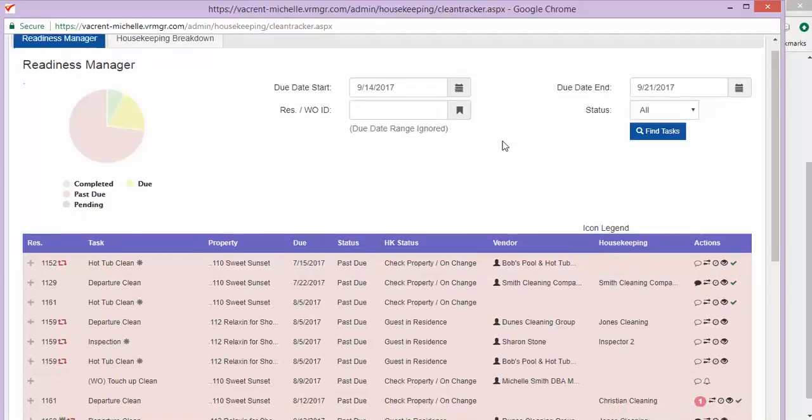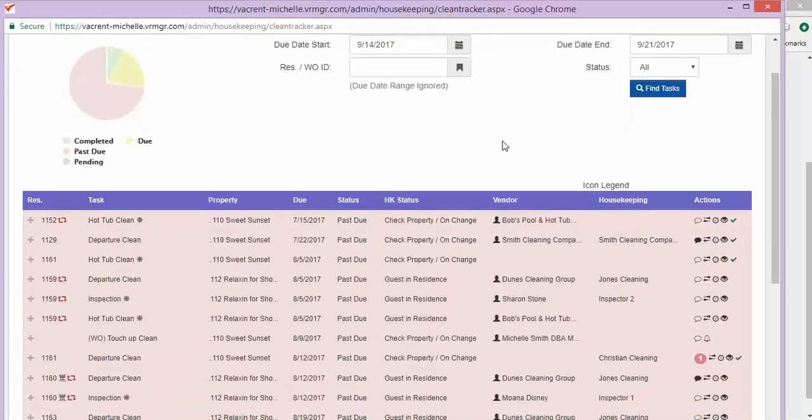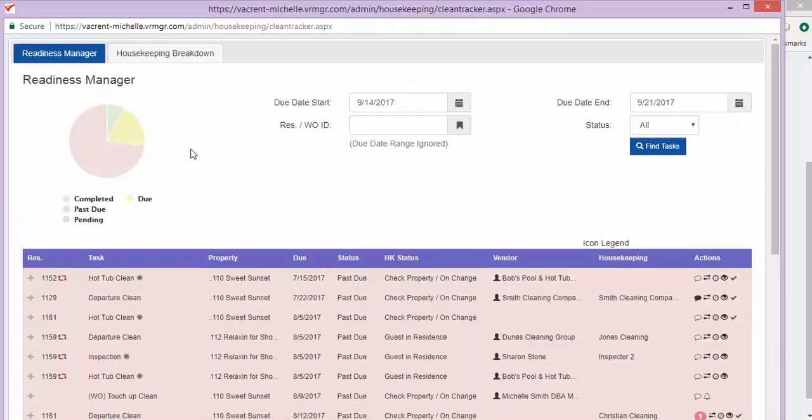If you do not want to include all past due tasks, choose the status you would like to display from the Status drop-down menu. You can also search by reservation number or work order number by entering that number in the res/WO ID field. The pie chart located at the top left of the screen shows a breakdown of all the tasks and